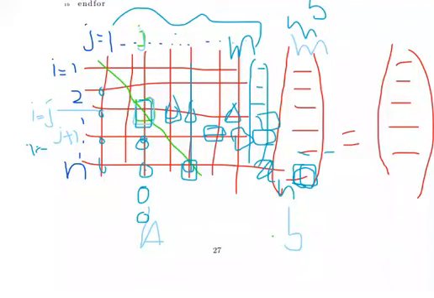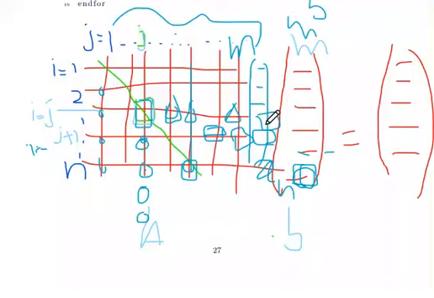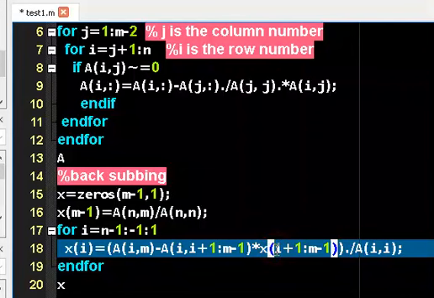So a goes from i plus 1 to m minus 1, multiplied by the corresponding variables here. These are the variables, and you have the same index here. So the right hand side, take away the product of these coefficients with